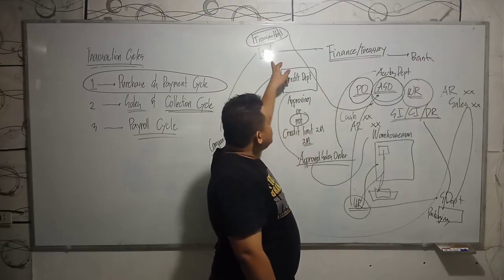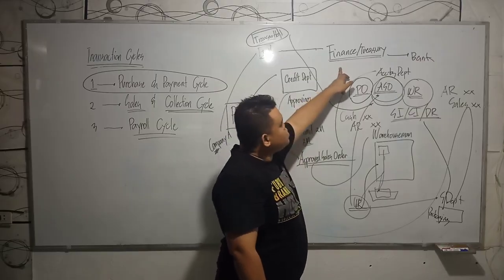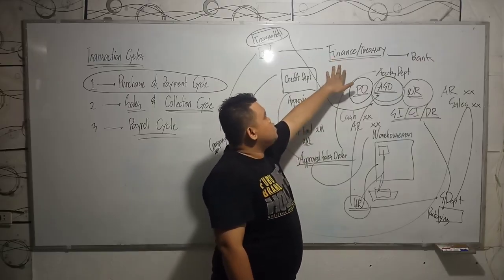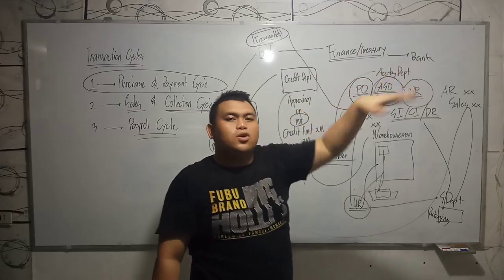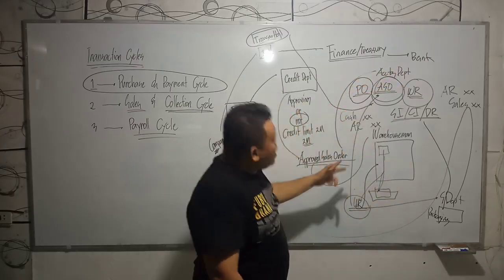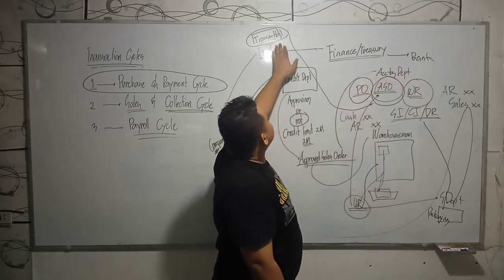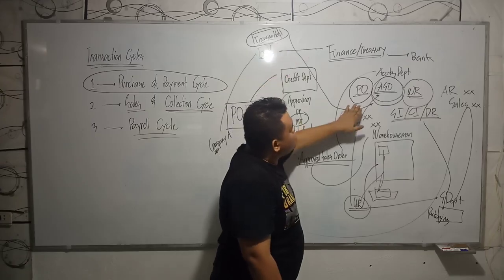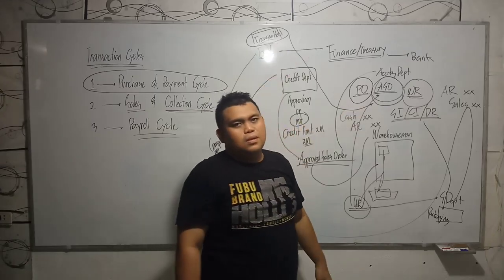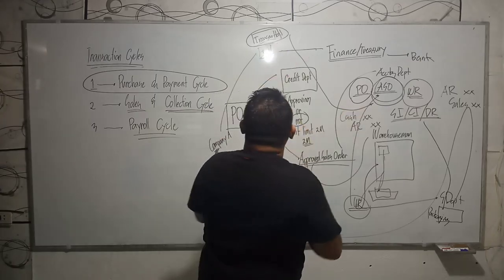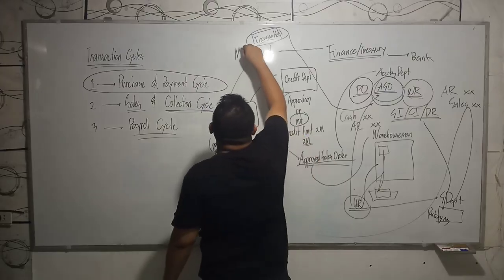And again, that is directly related to the separation of functions. So the check shall go immediately to the finance or the treasury, because the function of the finance or treasury department is custody of assets, whereas the accounting department is recording. So the transmittal letter will go to the accounting department. And basically, this is by mail.